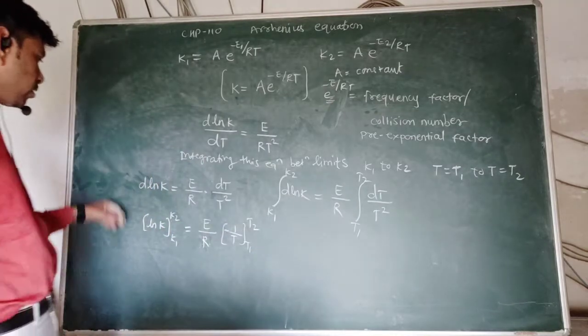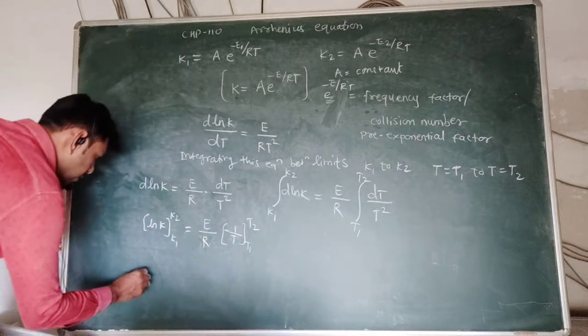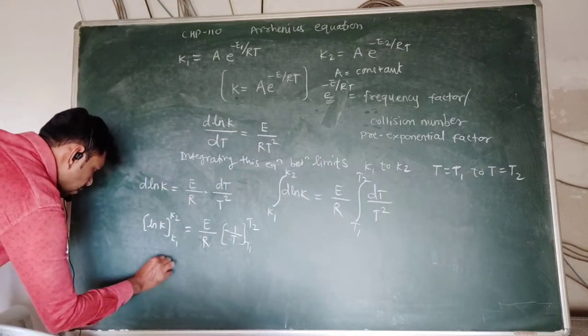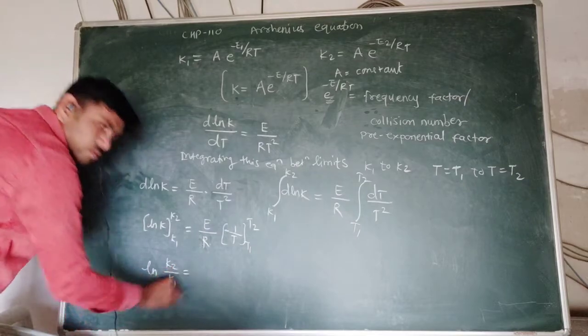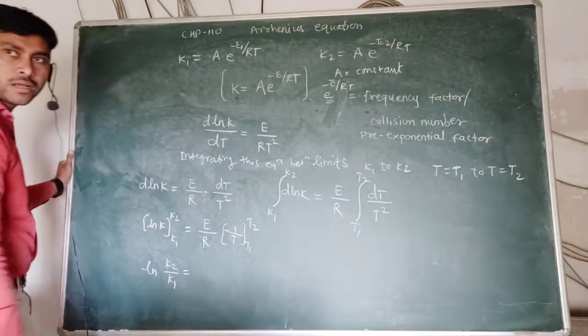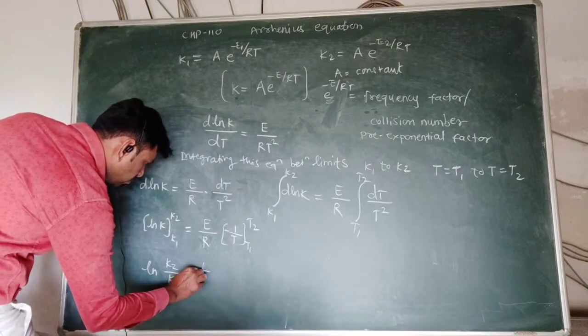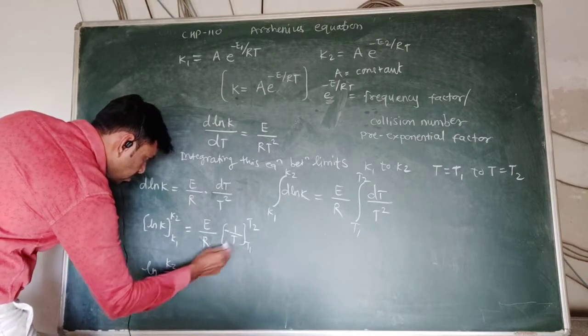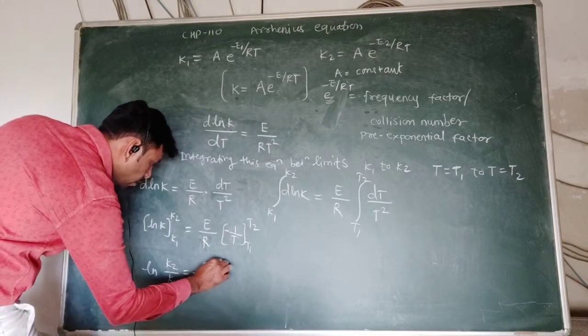So we can write ln k2 upon k1 equal to minus E upon R